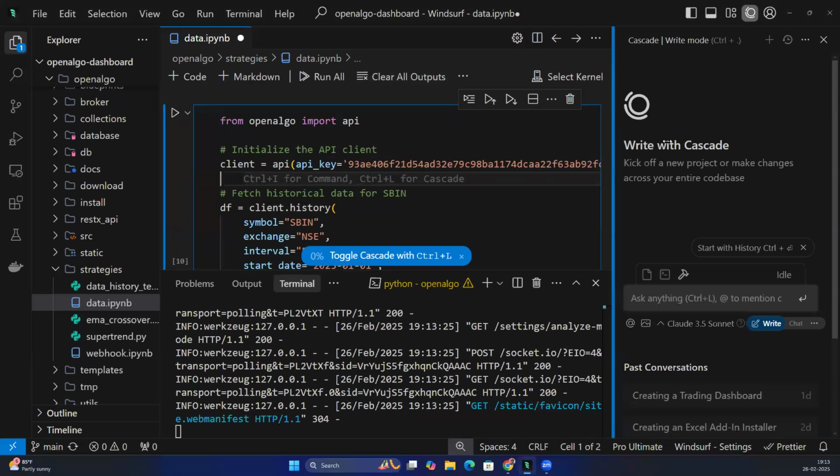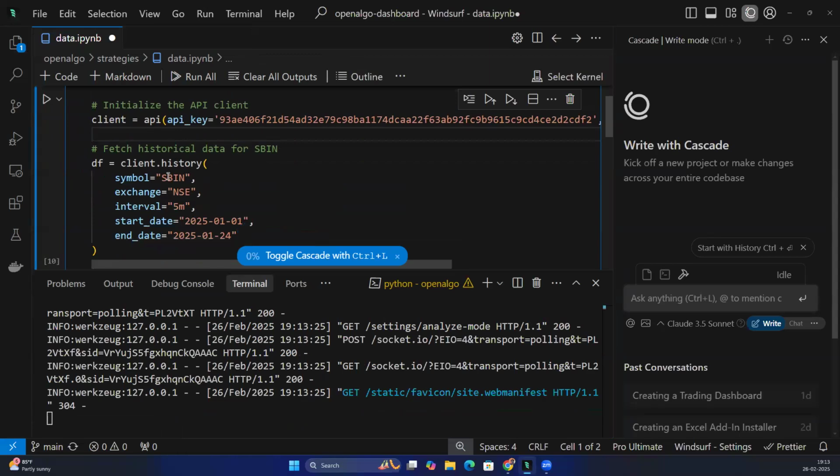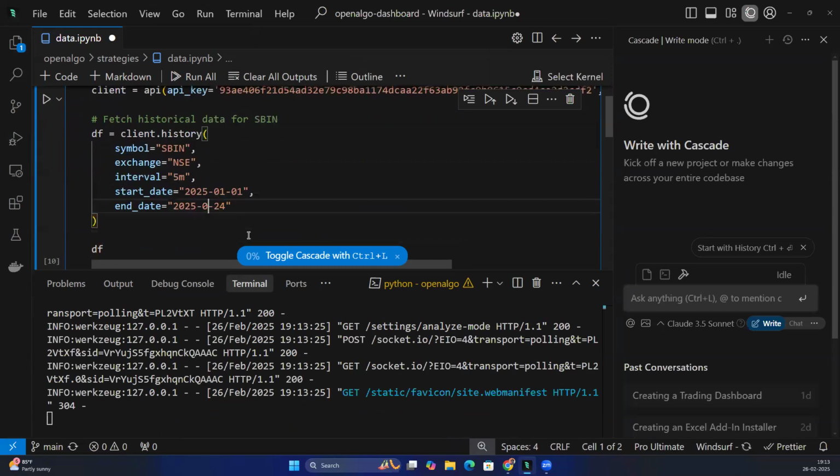Let me minimize this so that you can see the complete picture. So I'm just going to try to download State Bank of India, NSE, 5-minute data. Let's say I want to download for the last 10 days. So maybe 22, and then the date is like 25 or 26 till today. And probably I want to download